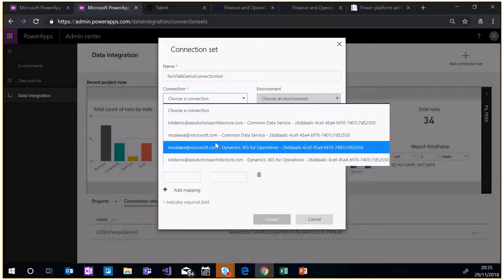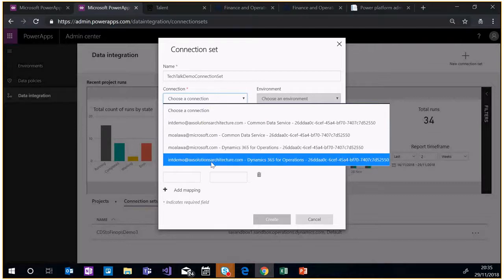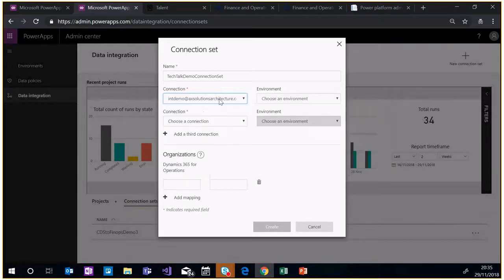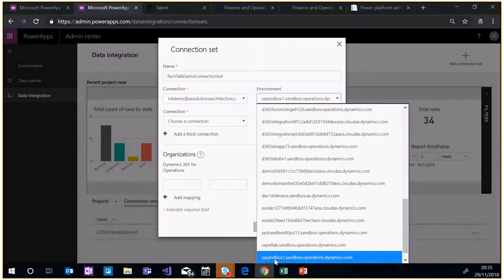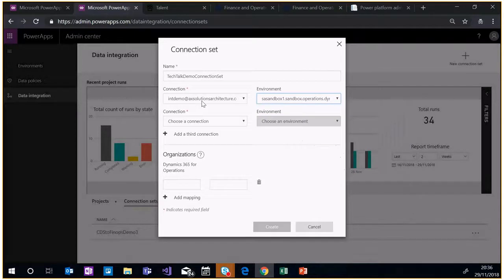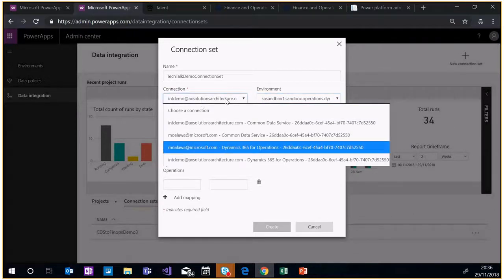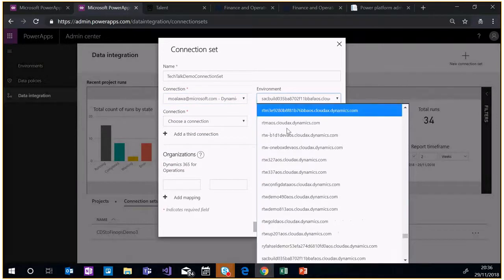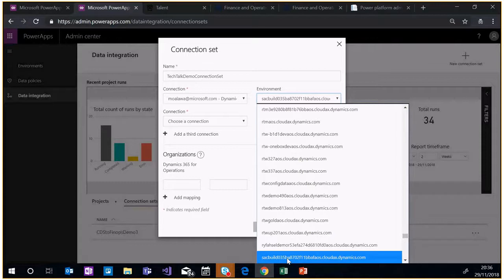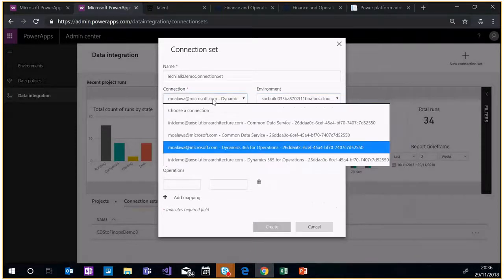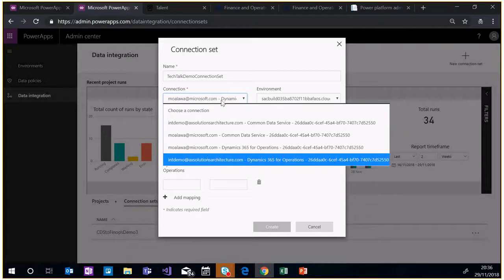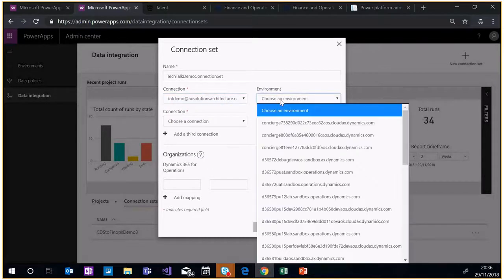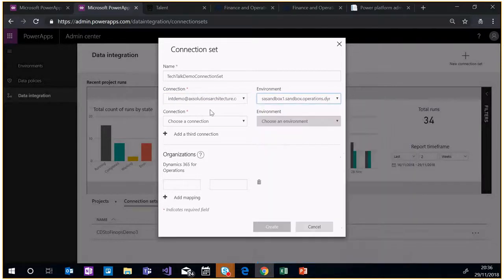Just to highlight the list of environments that you can see and how that differs based on the organization you are connecting to: I know that the environment I want to connect to on the finance and operations side is called SA Sandbox, and that environment is only available under this organization, axsolutionarchitecture.com. If I switch my account to a different organization, you will see that the list of environments is different, and if I search for the same environment, it doesn't exist anymore. So if you run into this issue, just make sure that you are using the account of the appropriate organization. I will connect to my finance and operations instance first,